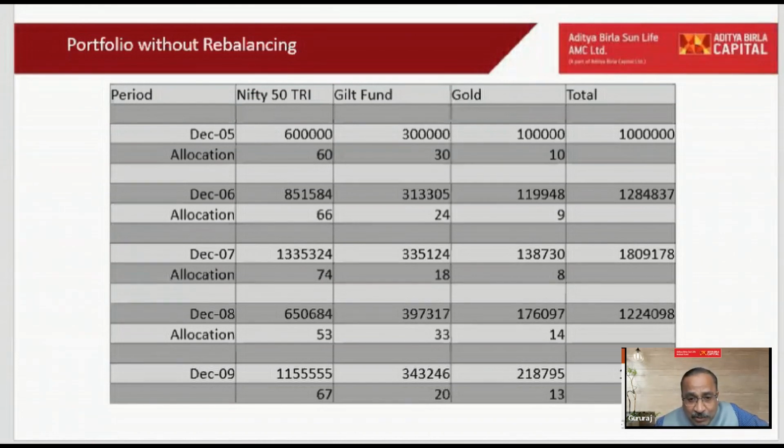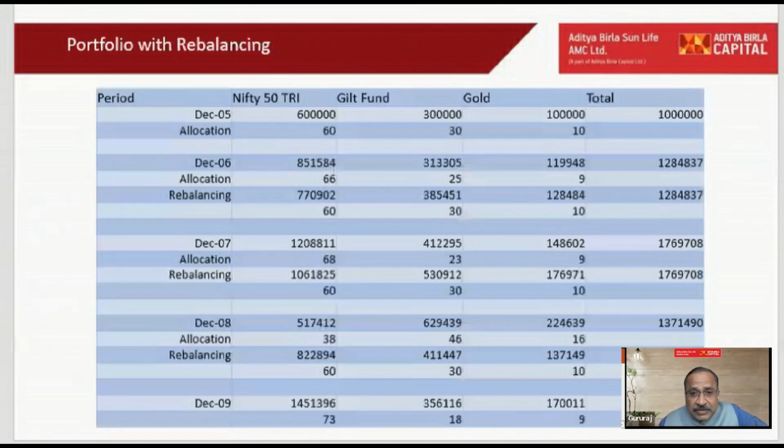If you don't do anything, what will happen is when the market corrects, as in December 2008, there will be a huge loss in your portfolio, a 53% fall. But at the end of 5 years, you will still say, oh okay, my 10 lakhs became 17 lakhs, that is fine. But if you have done that rebalancing, which is the next slide,